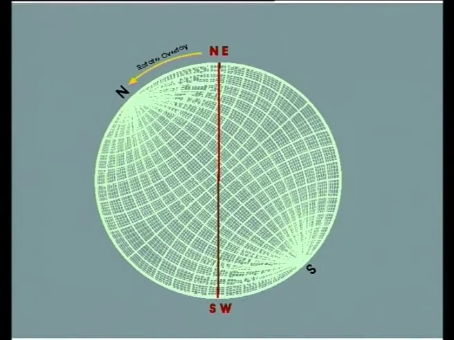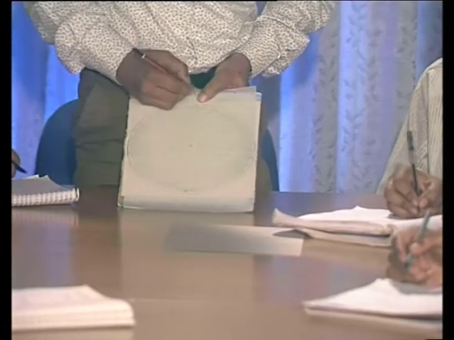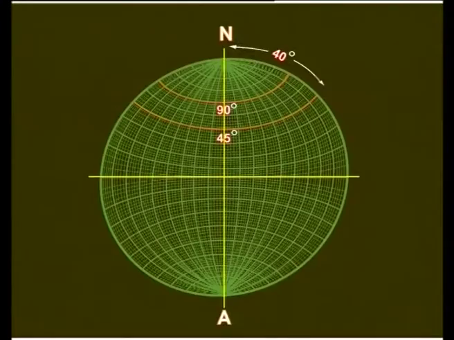For plotting a line whose plunge amount and plunge direction is known, the process is similar to the one for plotting the stereographic projection of a plane. We put a transparent paper on the stereographic net and rotate it so that the plunge direction coincides with any of the vertical planes, either north south or east west, and then from the periphery towards the center we count out the amount of plunge.